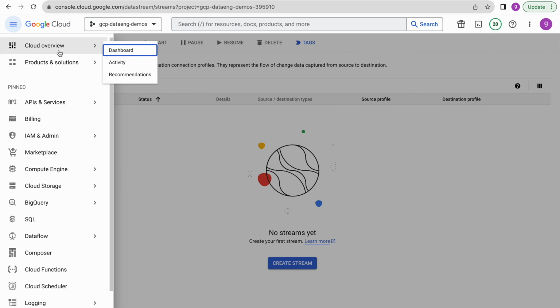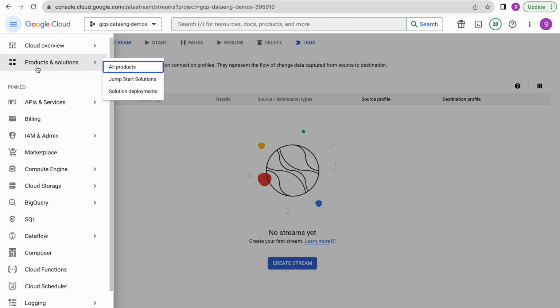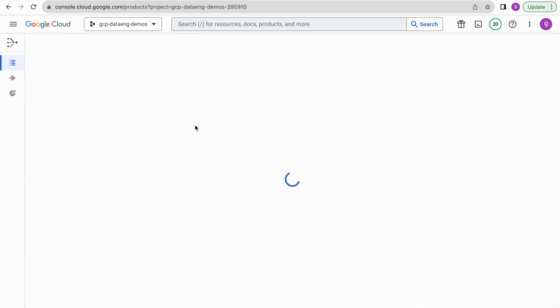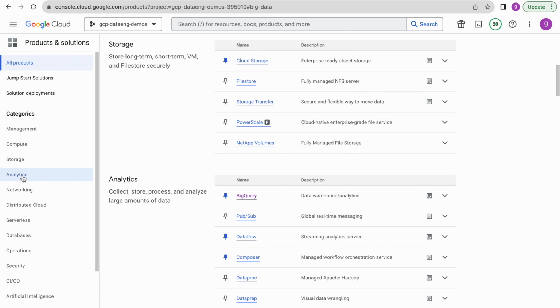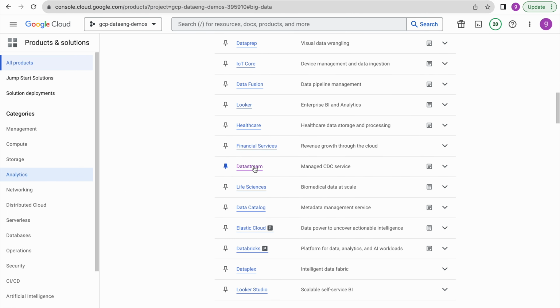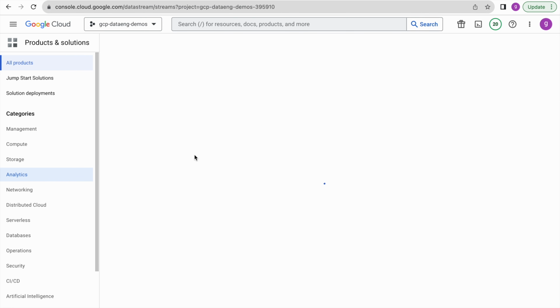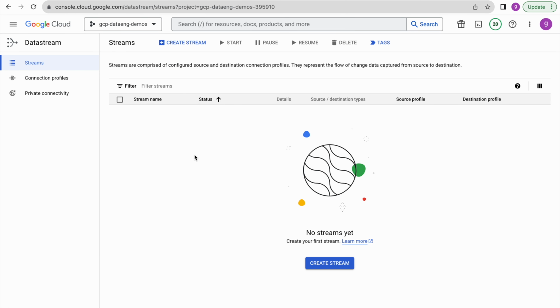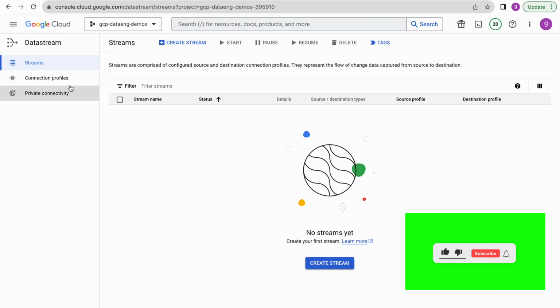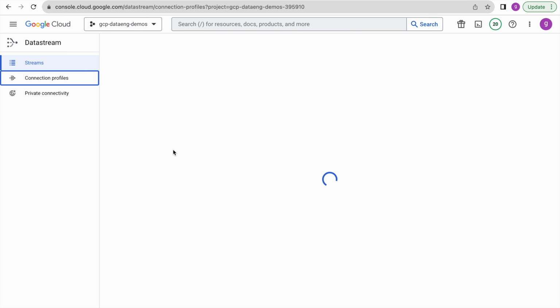So come over here, go to the products, okay, and all products. Here in the analytics section we have this product Datastream. Click on this. Now you can see, as we already discussed, we have three important components: connection profiles, private connectivity and streams. In the first step we are going to create the connection profiles for your source and as well your target, okay. So click on this connection profiles,